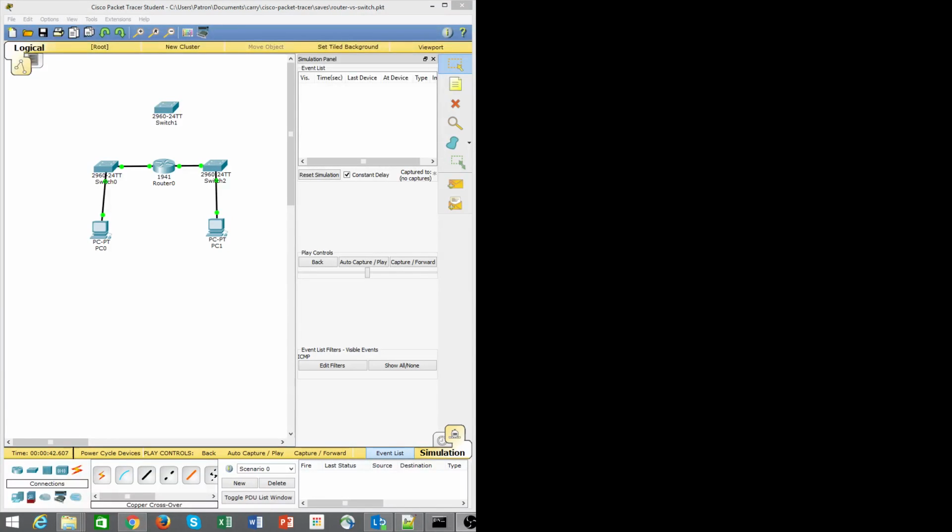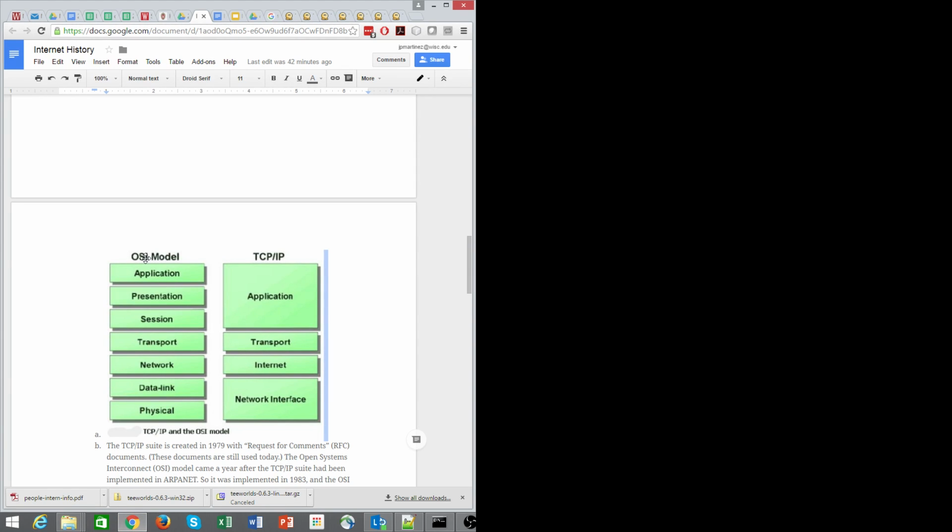In this video, we want to understand the differences between switches and routers, which are two types of devices that connect networks and devices, but they do it in different ways. If you have seen the model of the internet architecture, you know that there are really two basic models used. There is the OSI model, which splits the internet into 7 layers, and this is a standard model that gets used,